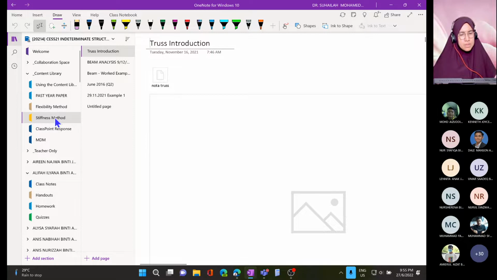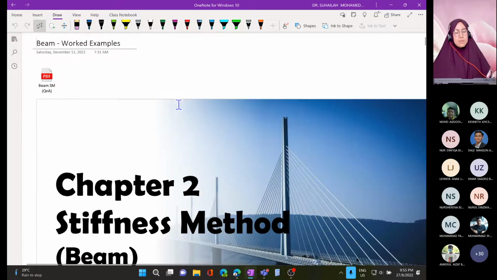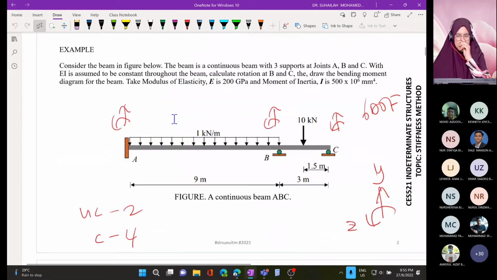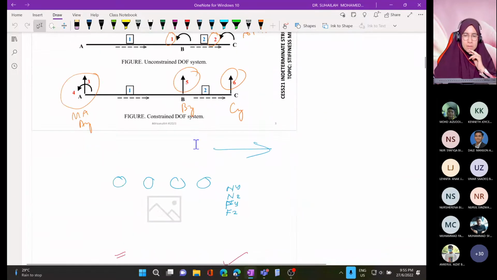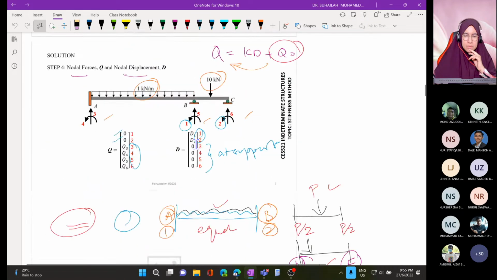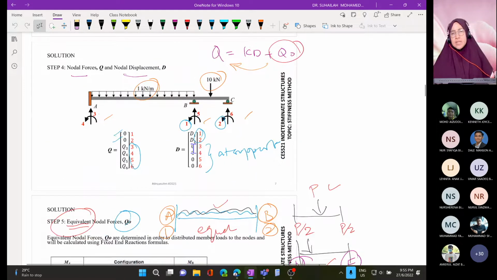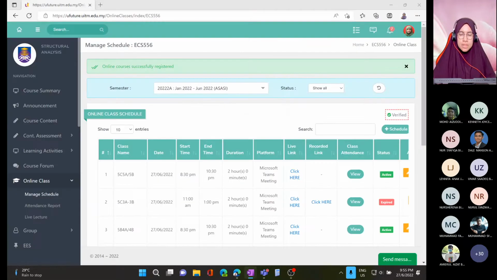Stiffness. So there is an explanation here. Later I will clear everything and share to you. So, analysis of beam using stiffness matrix method. Okay, so we want to move to,